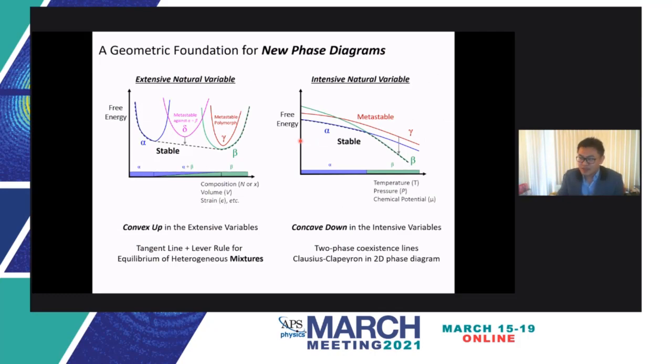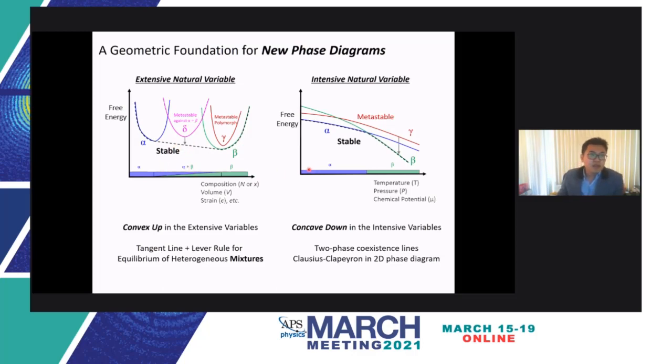What phase diagrams do we have today? Like temperature-pressure, and temperature-composition, right? Those are like the two phase diagrams that make up 95% of all the phase diagrams today. But the geometric foundation for phase diagrams is universal. It doesn't have to be T-P or temperature-entropy, or P-V, right? In any extensive natural variable, even like strain or whatsoever, you will have convex hulls, right? Convex hulls where the lowest free energy phase can have phase separation, where the phase fraction is given by the